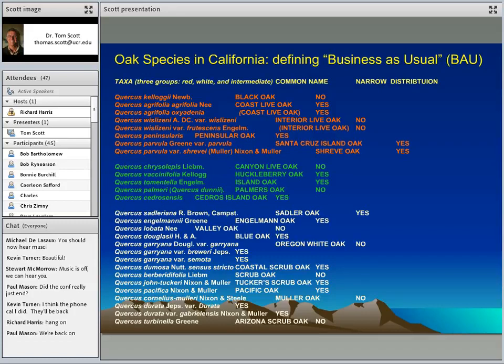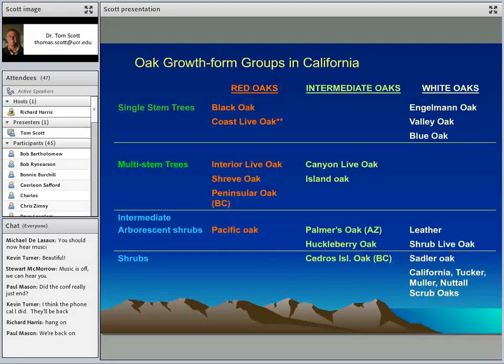But for the time being, just recognize that when someone says, I have an oak tree on my property, it doesn't mean that you can apply any equation without knowing what that species is and maybe its growth form. I'll talk about that in just a moment. I do know that currently the FVS uses a lot of the oaks as interchangeable units, and I want to express in my presentation a little bit why that can get you in trouble.